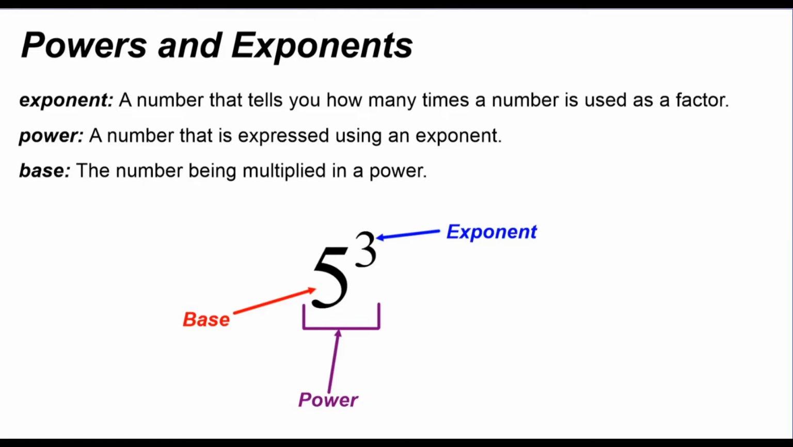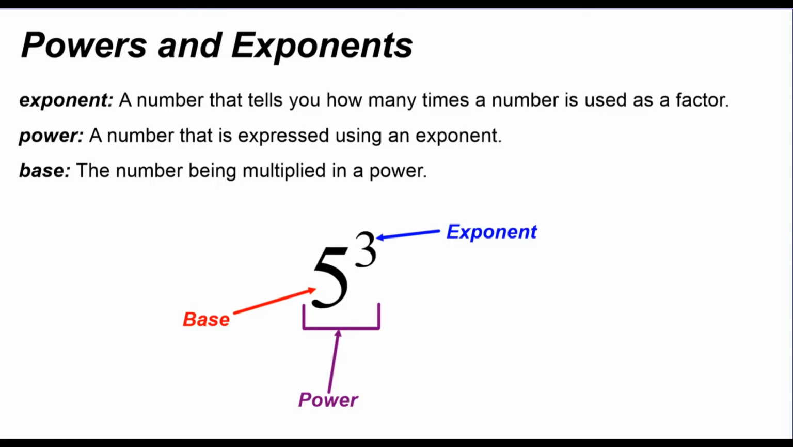about exponents. So an exponent is a number that tells you how many times a number is used as a factor. It's that little number that we put up in the corner of a number. And a power is a number that is expressed using an exponent. So whenever you use an exponent, you're writing what's called a power, and the base is the number that's being multiplied in a power. So there's three parts here of our expression, and it's the exponent, the base, and together